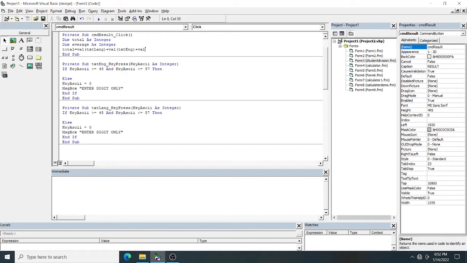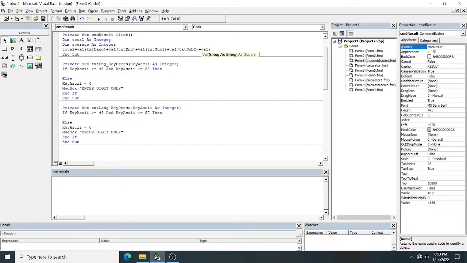So val txt sub1, then plus val txt sub2. You are adding all these 5 subject marks.